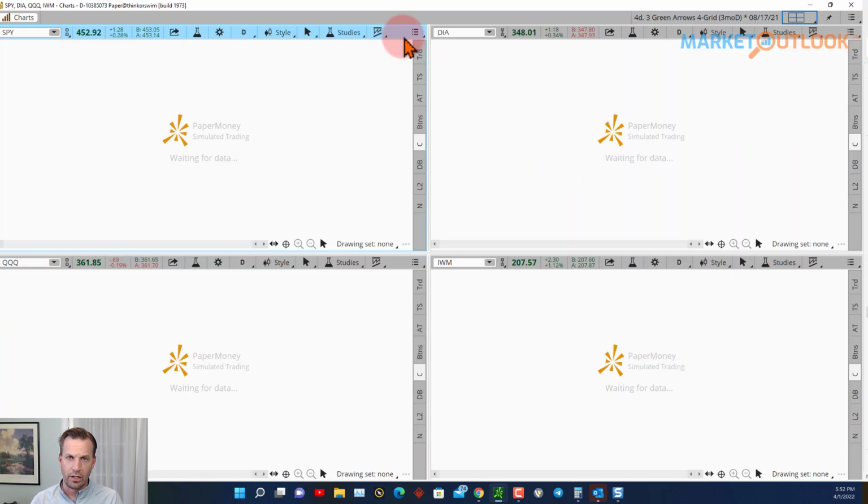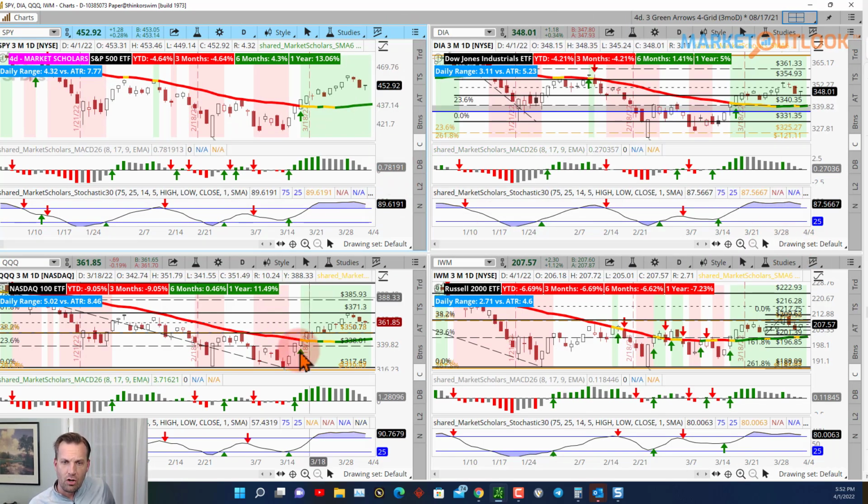So you look at the three green arrows. We still have green shading all across the board. We had a red arrow on the MACD over here on the IWM earlier today. We do not have it now. So still three green arrows everywhere. So again, we're on an intermediate run. Whether we'll get up to a higher intermediate high than the last one,